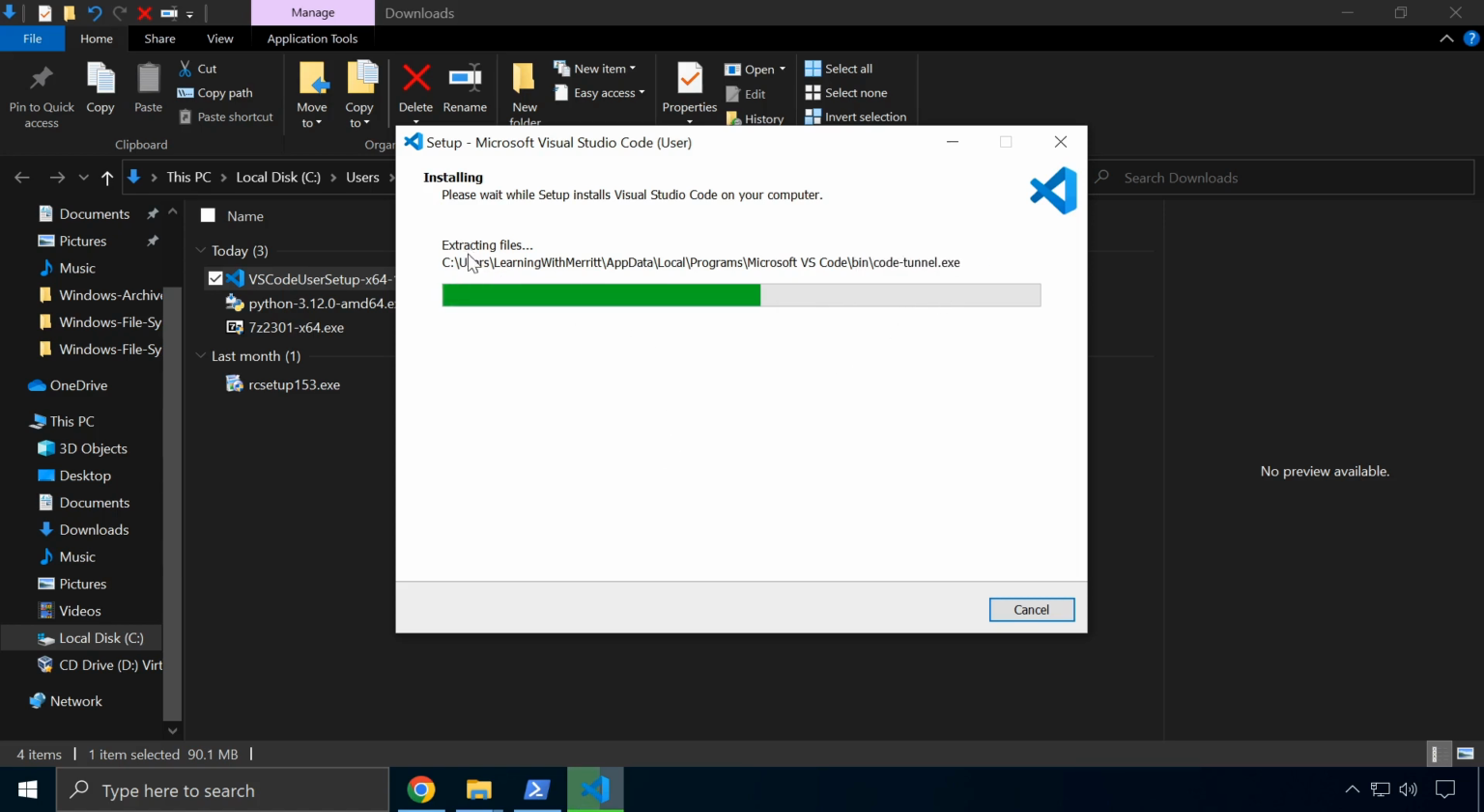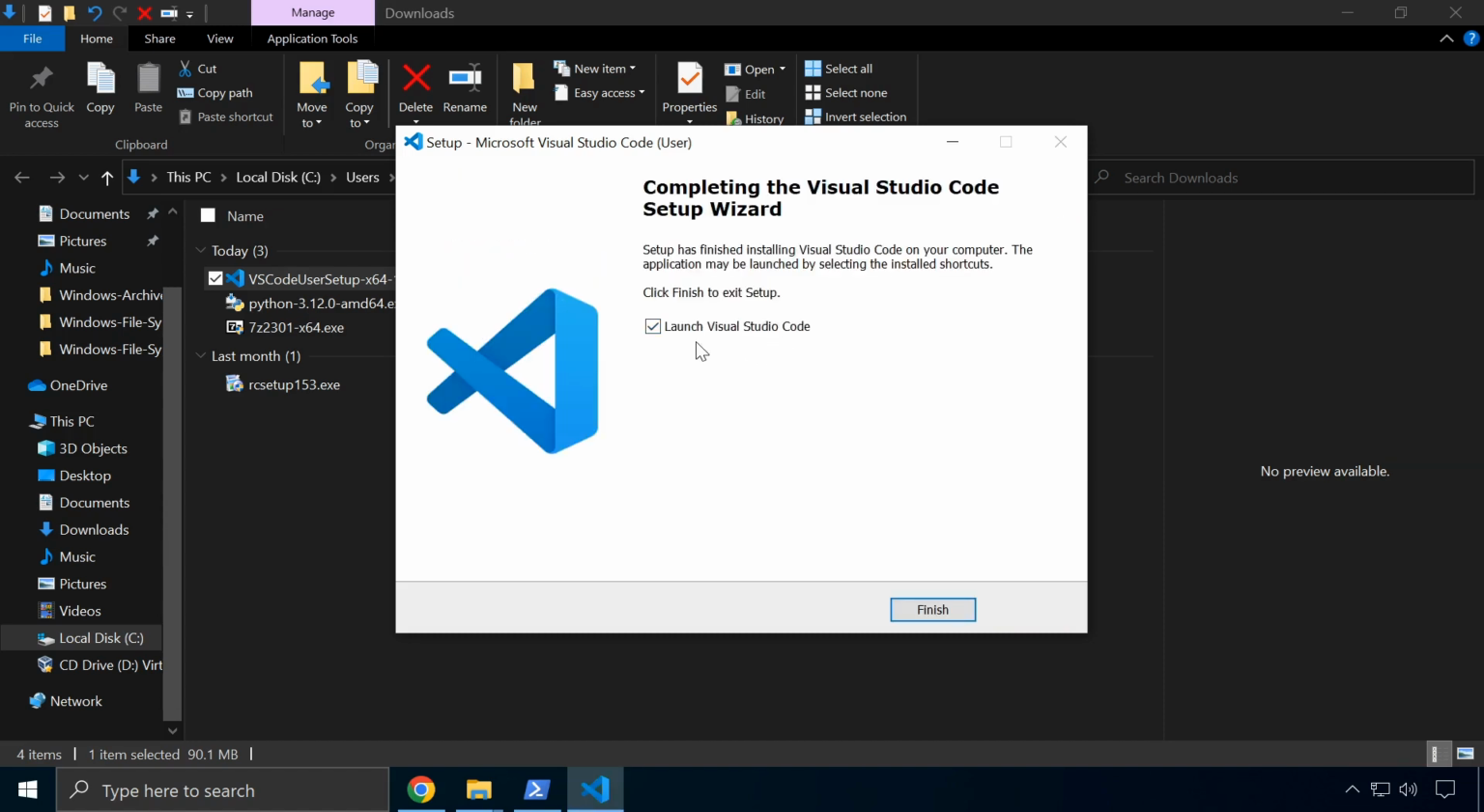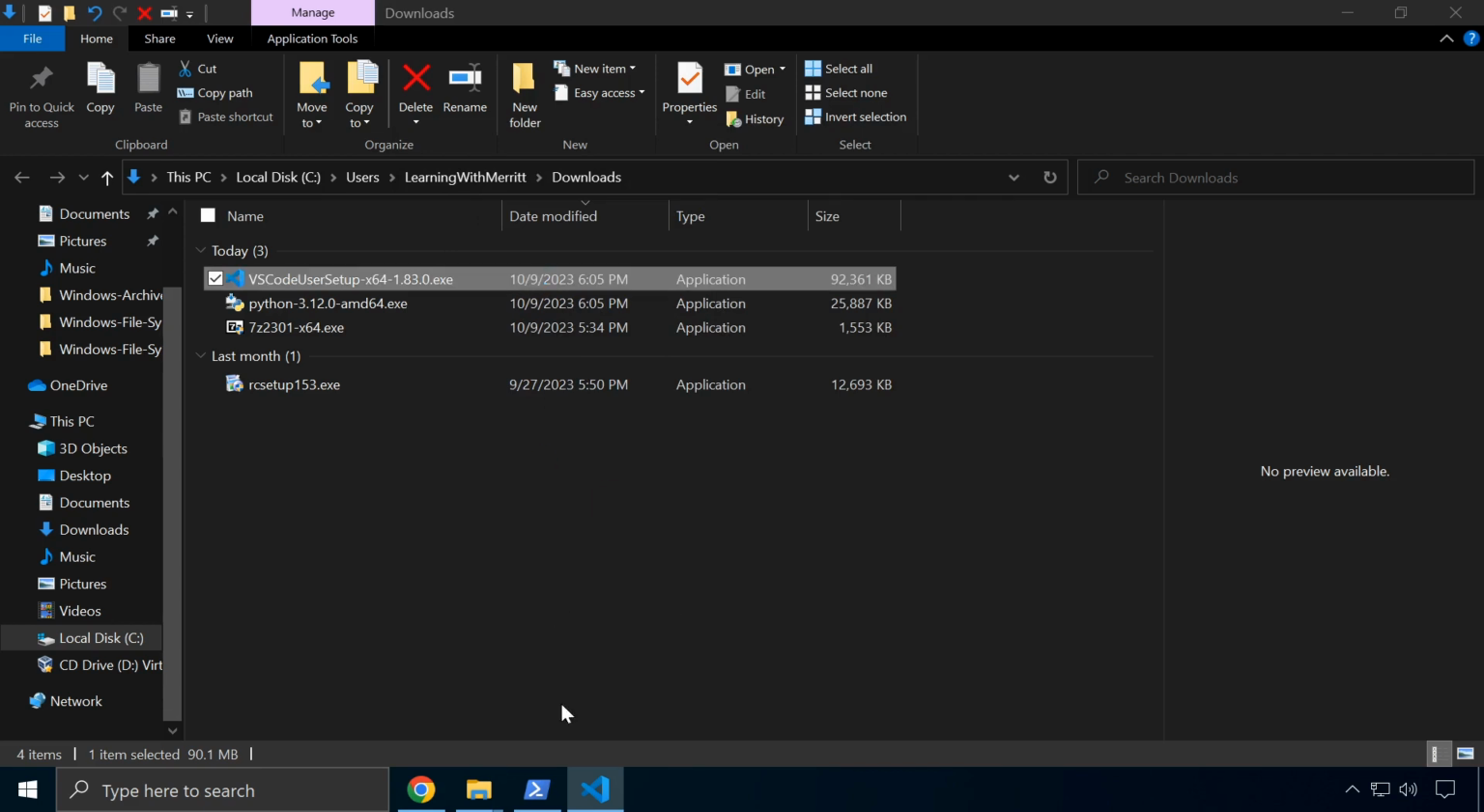And you can see that it's extracting files. So there's an archive thing going on in here. Believe it or not, executables often have links and all kinds of things like that stored in them. They themselves are sort of like archive files. And so now that we're finished, we can click finish, and it will open up Code for us